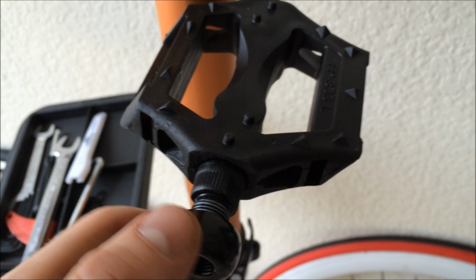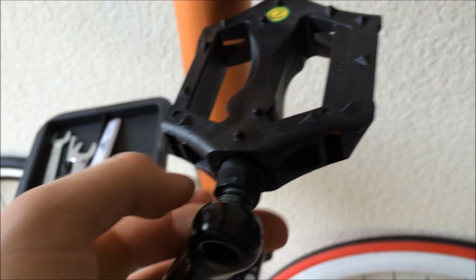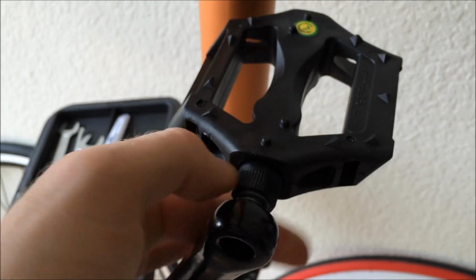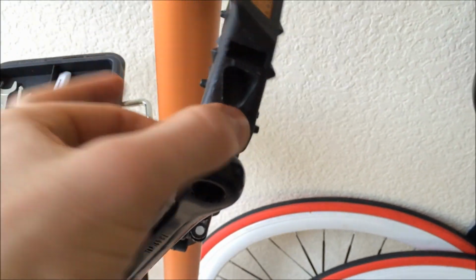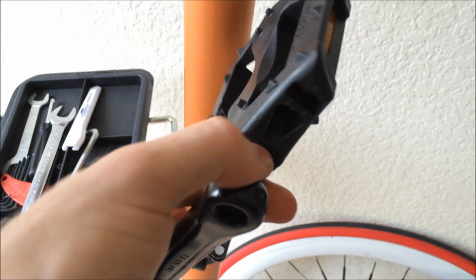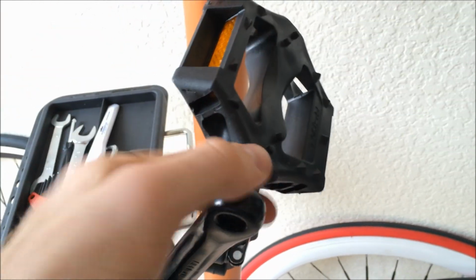Okay, so the left-hand side goes on counterclockwise, but if you're working from the right side of the bike like I am, as you can see, you can actually turn it clockwise from your orientation and it will go in. But make sure you get this right, because if you go the opposite way, there is a chance you will